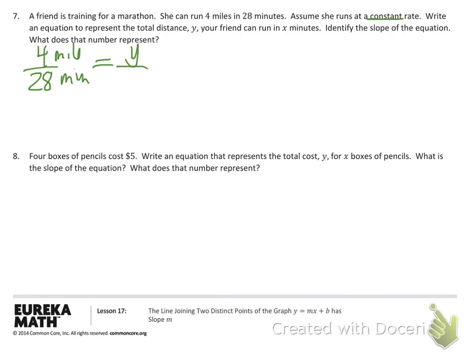If she can go y miles in x minutes, those two can be set equal to each other because they're both equal to the same constant speed. That is her rate, y over x, or 4 over 28. So I can simplify this. I can write this as an equation by doing a cross multiplication or using properties of equalities, either one. So I can see that 28y